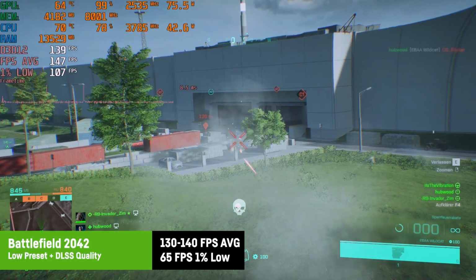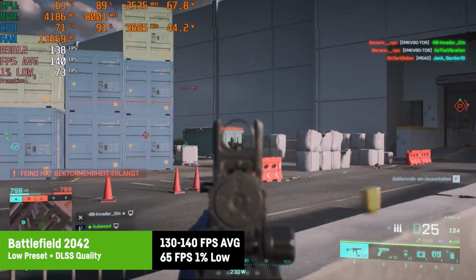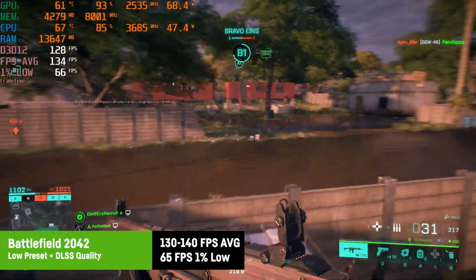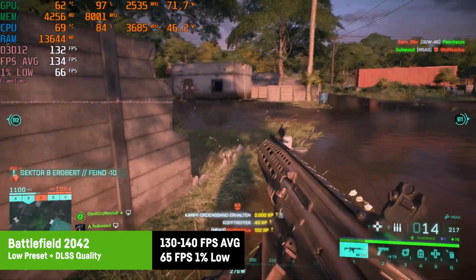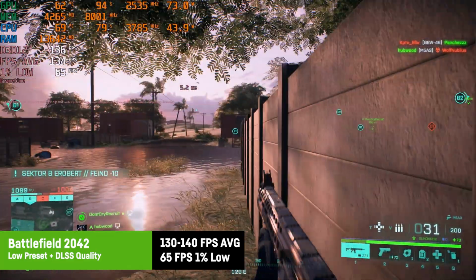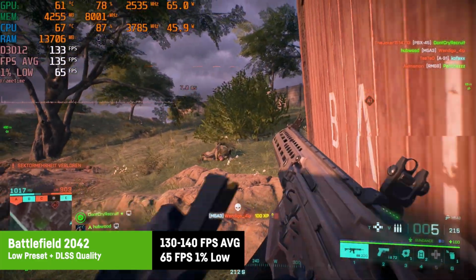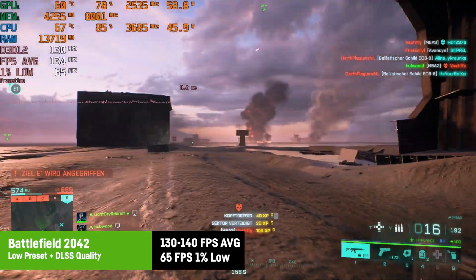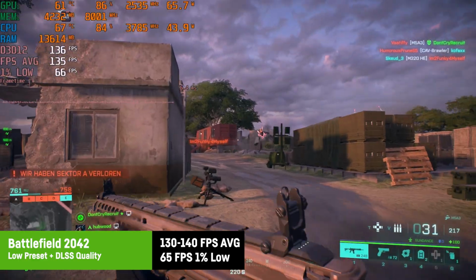Okay, you have to know up front, forgive me for my noobish gameplay since I am not playing Battlefield 2042. Okay, now with that out of the way, on the low settings with DLSS on quality, I was getting an average of around 130 to 140 FPS, depending on the map, with a 1% low of around 65 FPS. As usual, Battlefield takes at least a few minutes until it starts to run smooth without stuttering, but then it